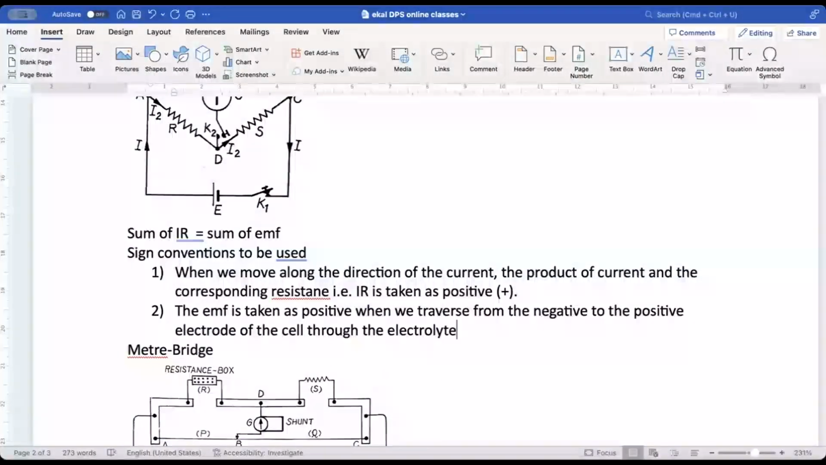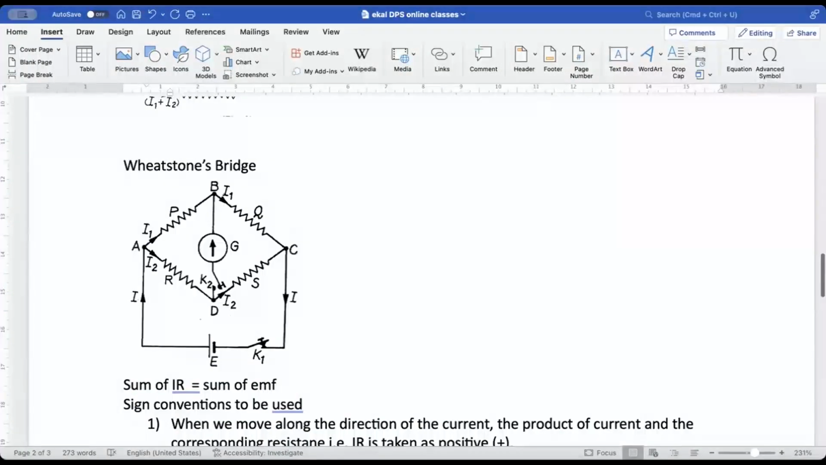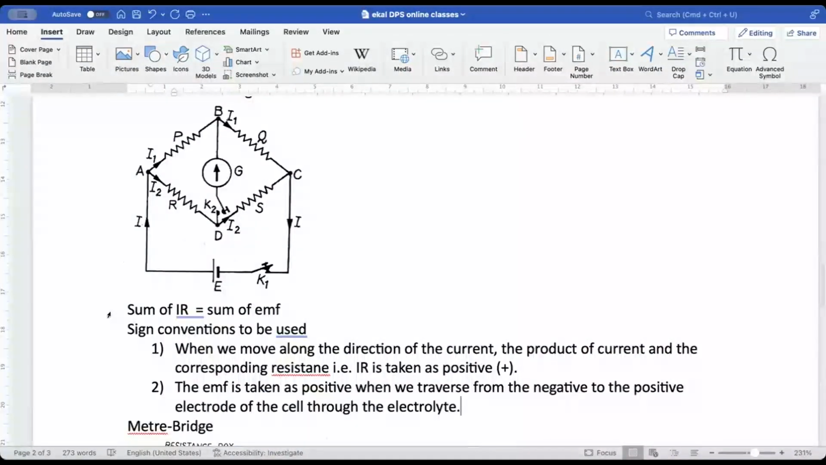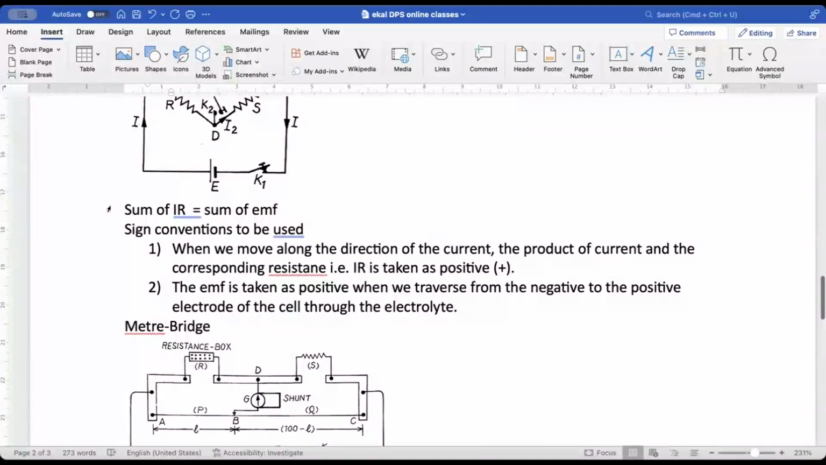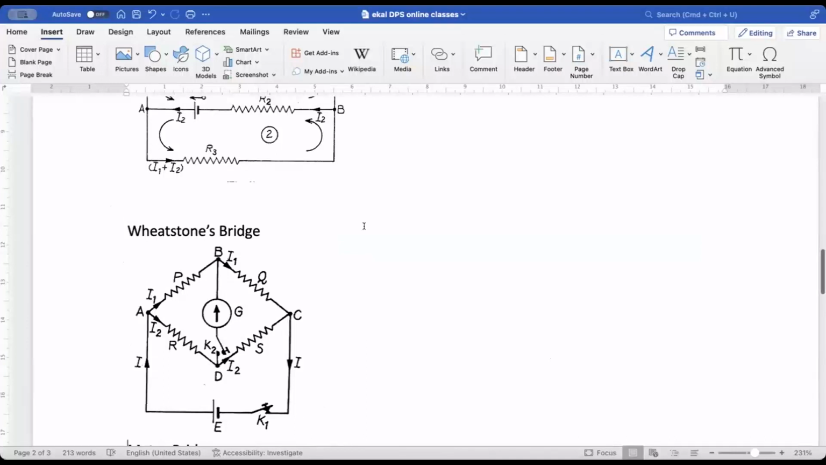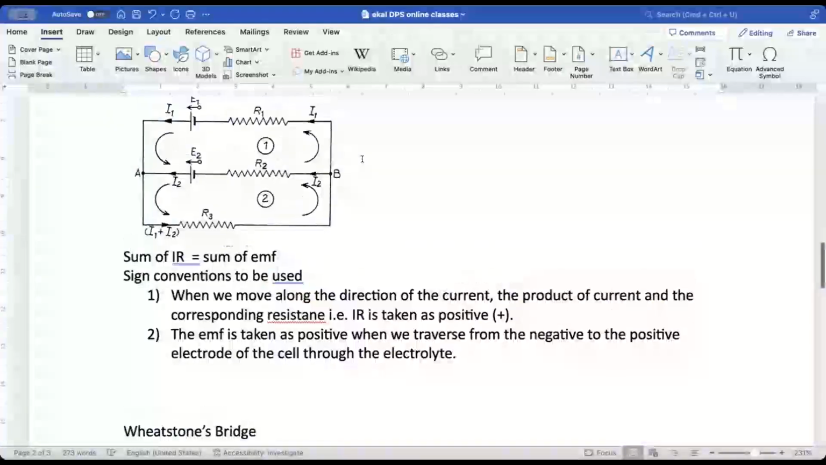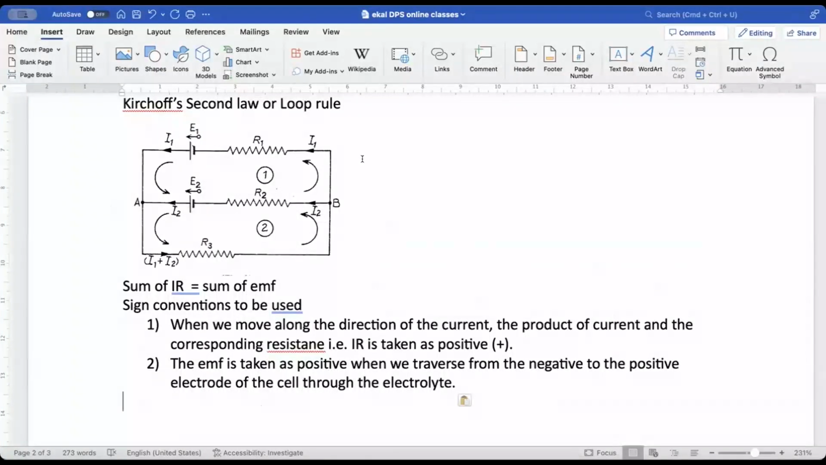Right? I hope it is clear. Now, like in this figure, wait a minute. Let me disconnect this all. Paste it over here. Okay. Now, in this figure, say